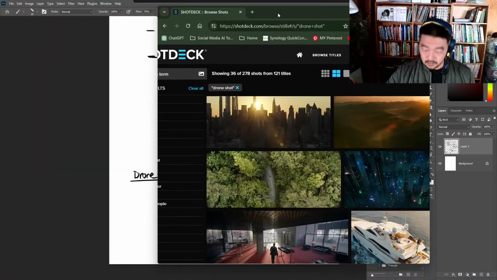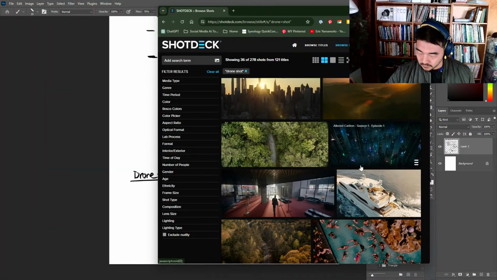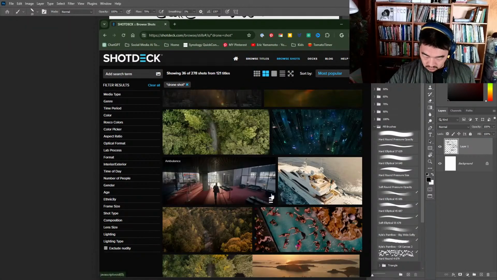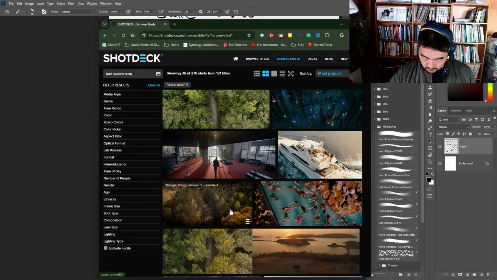What else do we got? Three-point perspective. We also got top down.